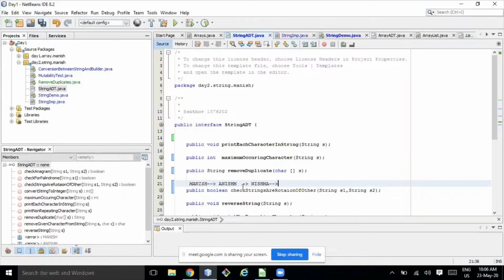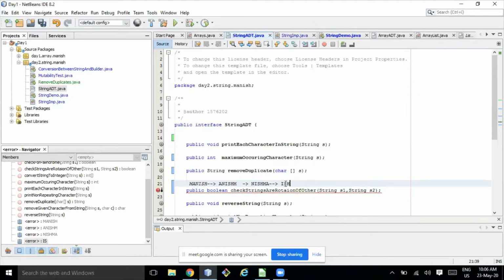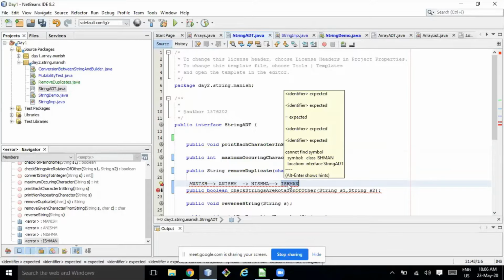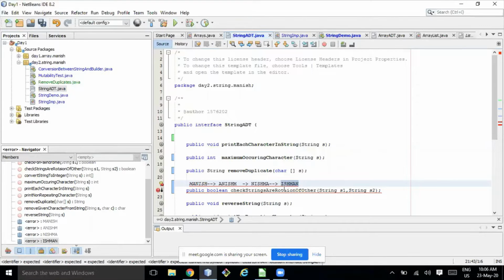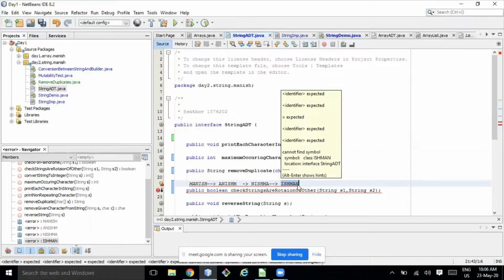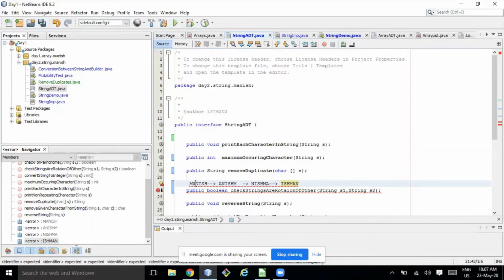If I want to rotate one more time, similarly we can do it. So let's say I rotated one more time, ISHMAN. Now I want to compare whether ISHMAN is a rotation of Manish or not. So that's the problem statement.